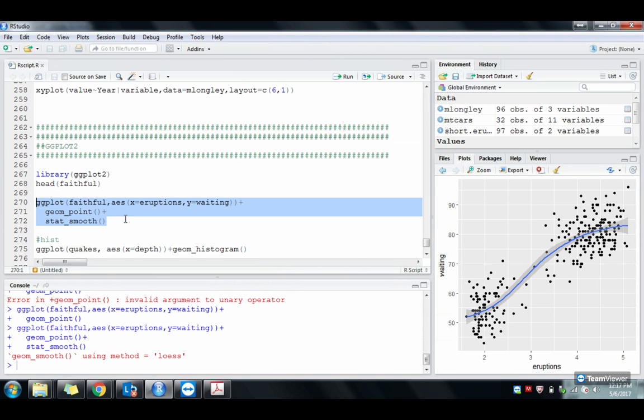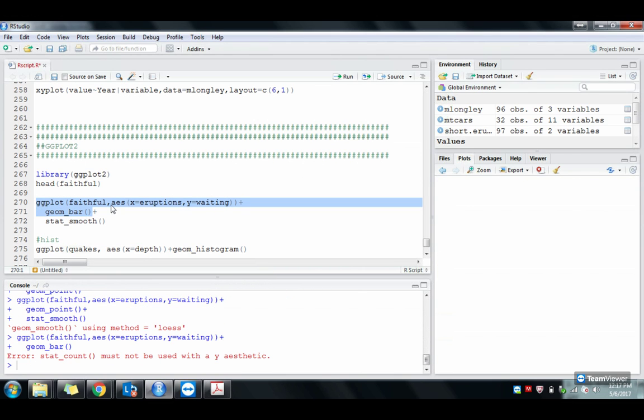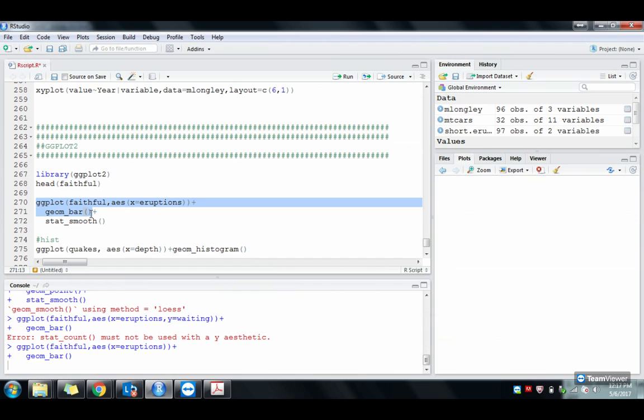So let's try to do it over here. I don't have it here, but let's try to turn this into a bar and see if that works. Okay, so bar doesn't need a Y. It's only going to be an X, so that's wrong. And if you remember, the bars are basically frequency. It's going to take the frequency. So right now, you don't have to specify a Y for your bar plots,